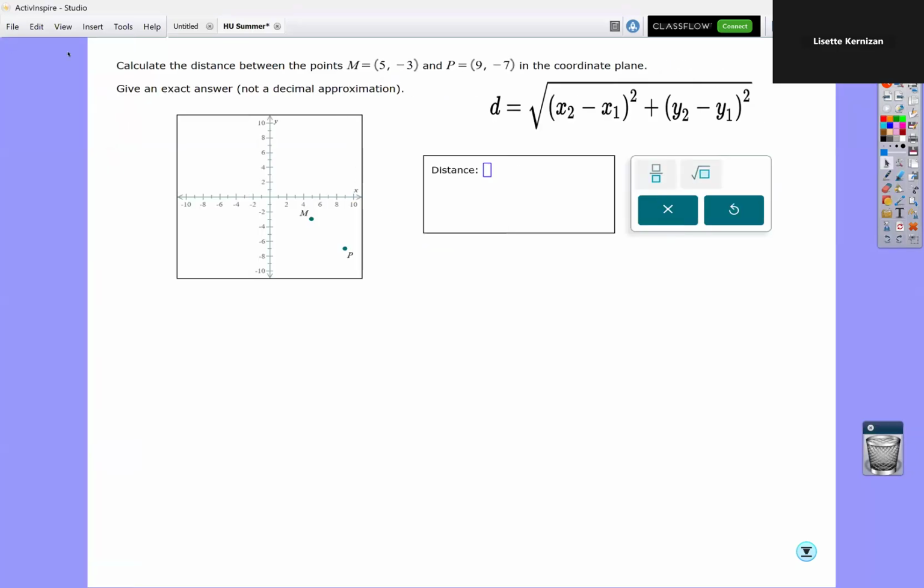So I've added the distance formula here. You will get the distance formula on the assessment. So let's just calculate the distance. First thing I'm going to do is label x1, y1, and then x2, y2. And then I'm going to plug it into the